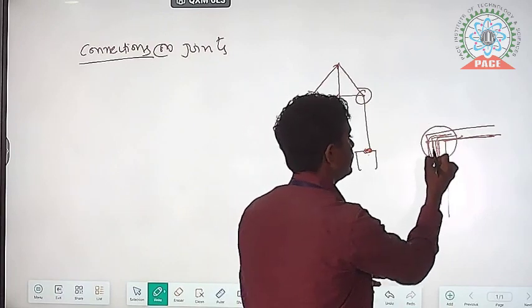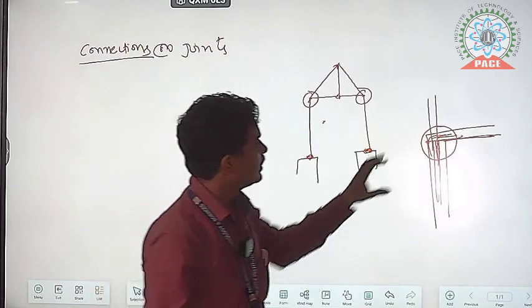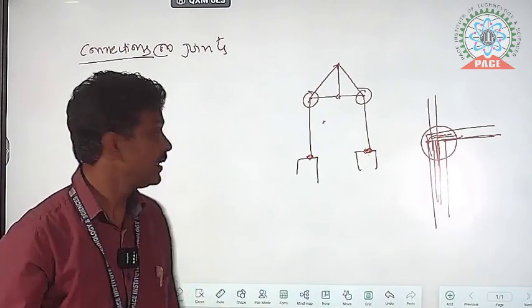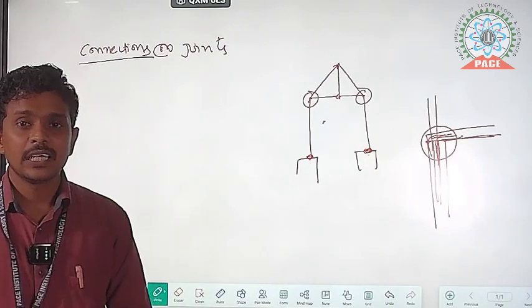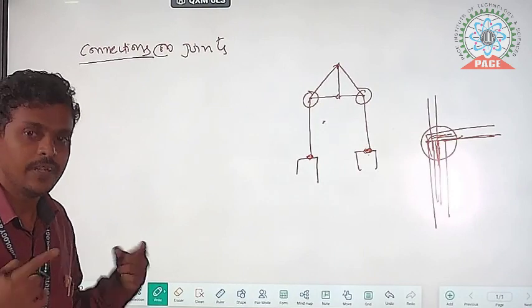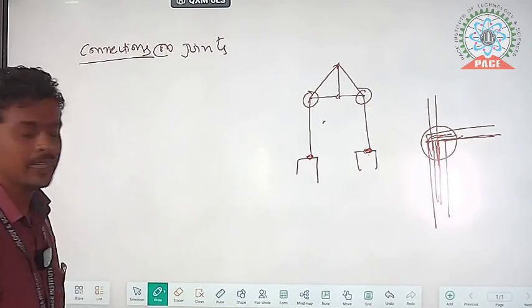For concrete it's not a problem, but for steel, connections are very, very important. If connections fail, then the whole structure may get damaged. So here we definitely have to consider connections. We have three types of connections. One is the